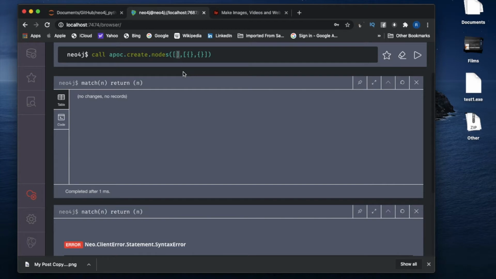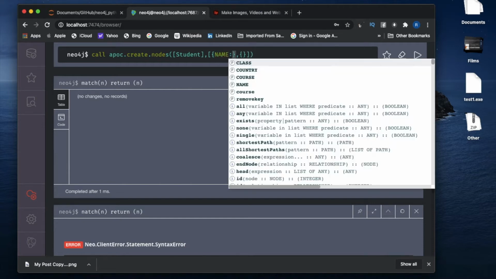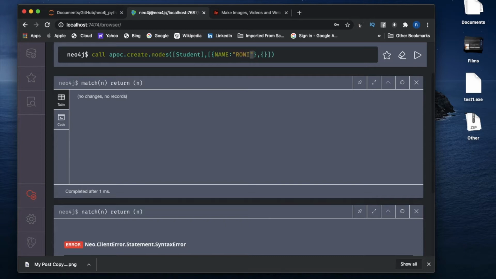So let's say it should be Student, and here name equals Ronnie, and after that name equals John, and then again name equals Bob. So three will be created now.